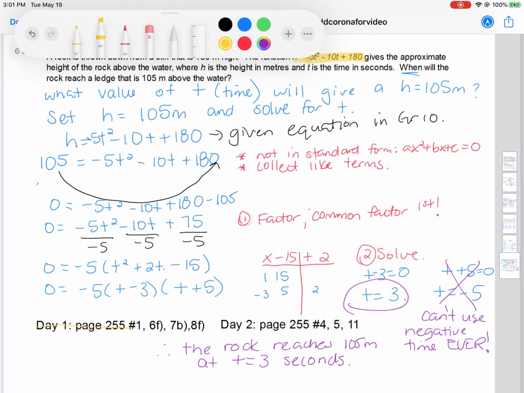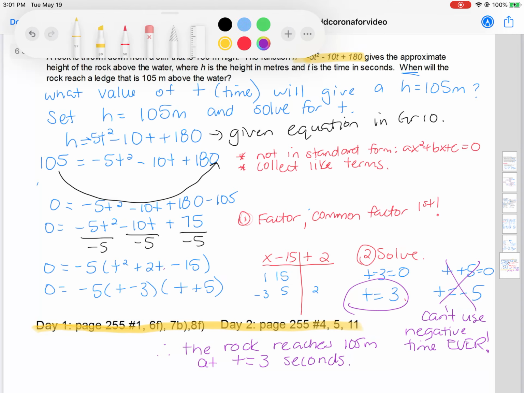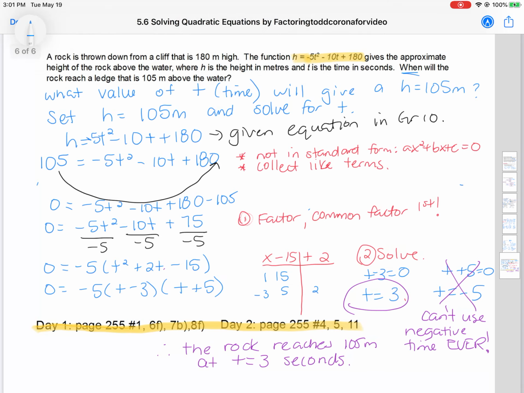Okay, so there's the homework there. The first pages are more practicing this, and then the next pages have some word problems. So even though they're kind of similar, make sure you take a look